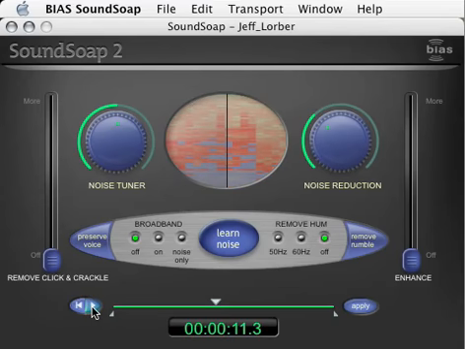This file contains a few seconds of tape hiss before the music starts. This is the perfect place to use SoundSoap's Learn Noise feature. The Learn Noise feature analyzes the various frequencies in the audio material and creates a noise profile. It also automatically sets the noise tuner and noise reduction knobs to what should be an effective setting to eliminate